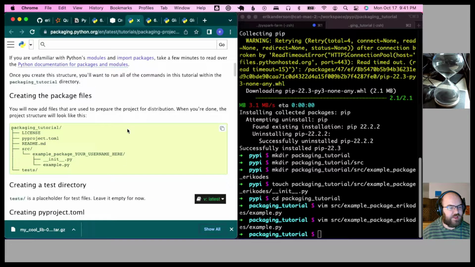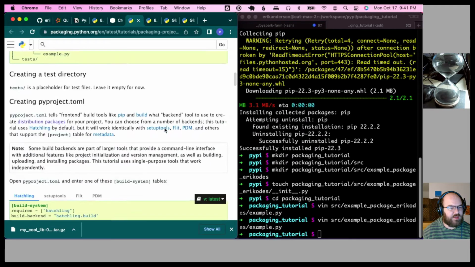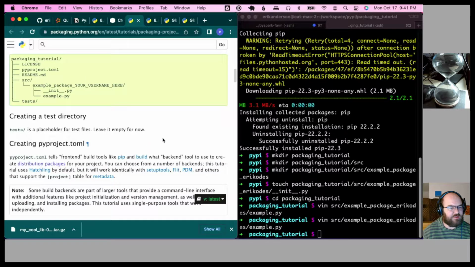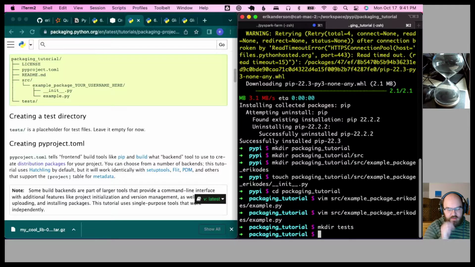We will now add files that are used to prepare the project for distribution. When you're done, the project structure will look like this: LICENSE, pyproject.toml, README.md, src, tests. Creating pyproject.toml. Okay, we're in packaging_tutorial, so mkdir tests. We'll just make that empty. pyproject.toml tells front-end build tools like pip and build